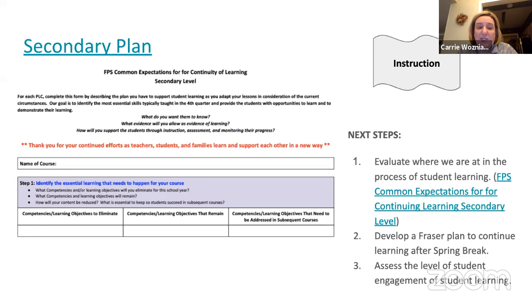You only see step 1 there, but once they've decided what competencies we're going to keep, and we start to talk about assessments, on this document you're going to see where we're really asking teachers to think about what this evidence of student learning is going to look like, and how are you going to use those principles of UDL to let kids show what they know in a different way? And then how will you support the instruction to allow the students to show what they know in those ways?